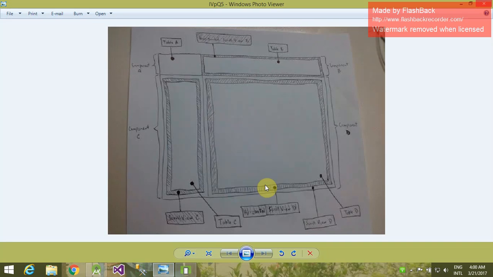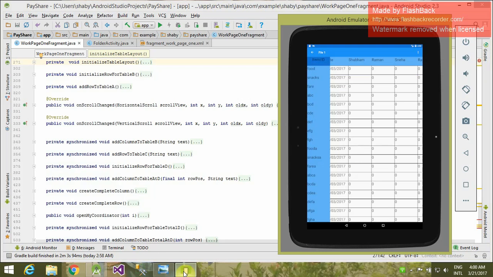Now the important thing comes here. We have to add cells to table A, table B, table C, table D. So let us now look at how the cells are added. One thing more, I have added the rows and columns with these two menus, add beneficiary and add item.